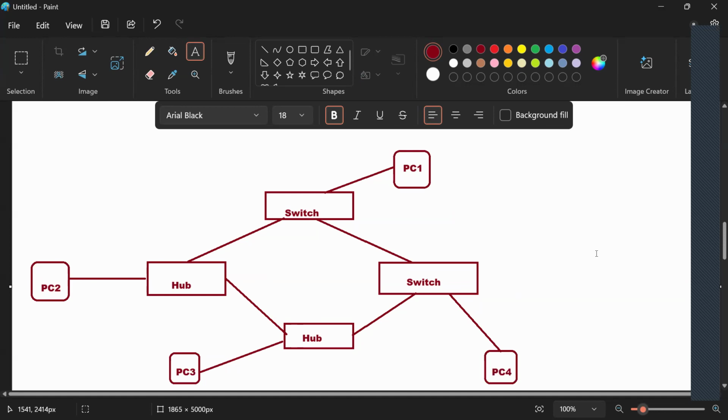Now, eight collision domains, one broadcast domain.